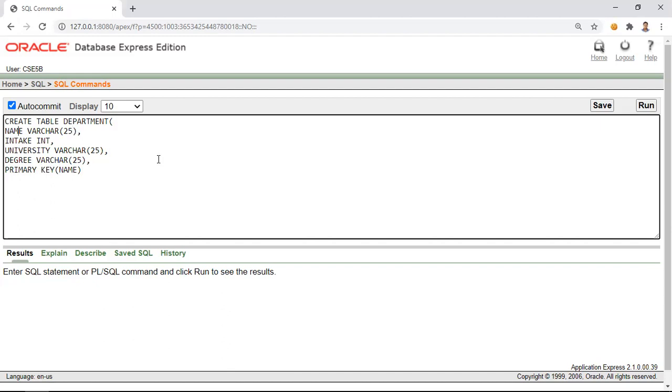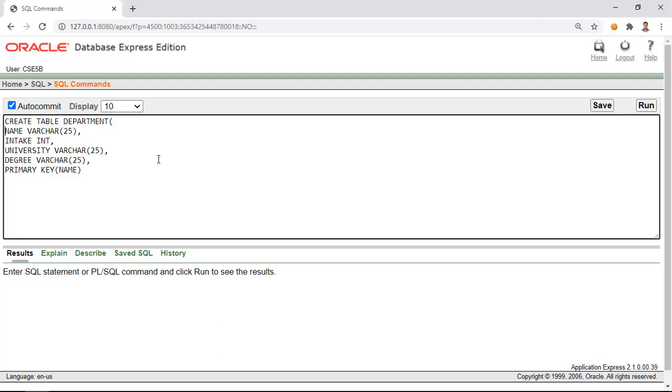Since we have a name attribute in student also, often while building the application we may get confused when we see this attribute name. It may belong to the student table or it may belong to department. So while building the application, we make sure that the names of the attributes are a bit different, easily identifiable.